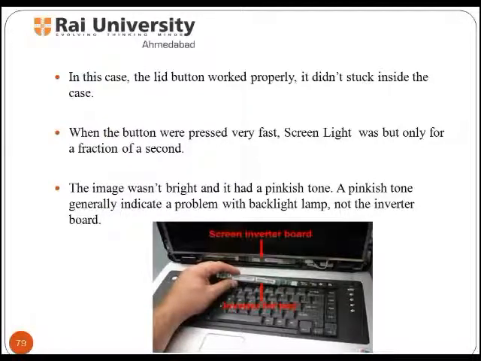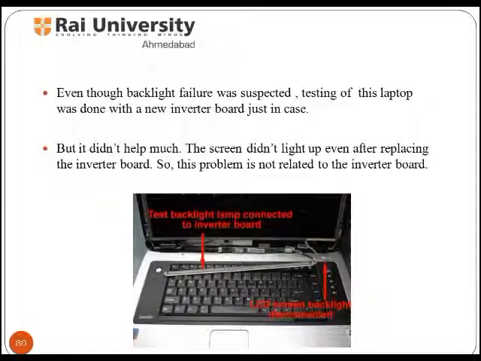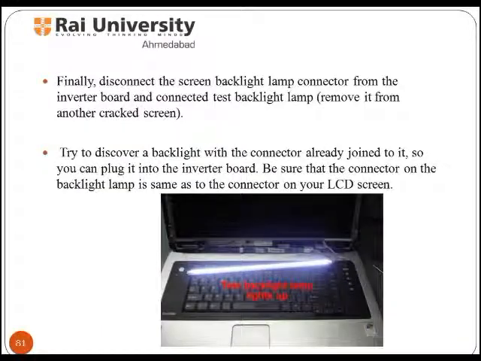You can see the picture with the backlight lamp failure. If your laptop background has a reddish tone and the screen flickers, there is a noticeable vibrating noise coming from the backlight and inverter area. The backlight turns off by itself and the noise stops. When the backlight is off, the image on the screen is still visible but it is very dark.